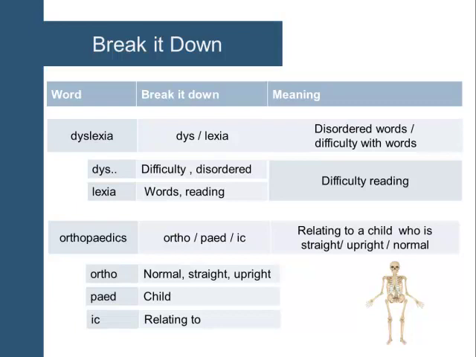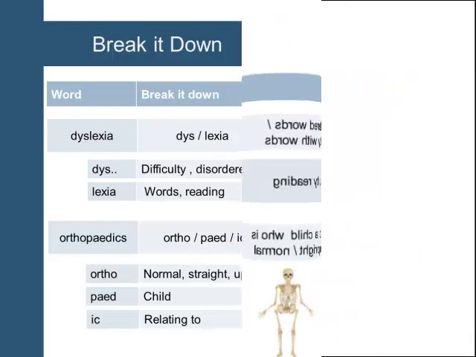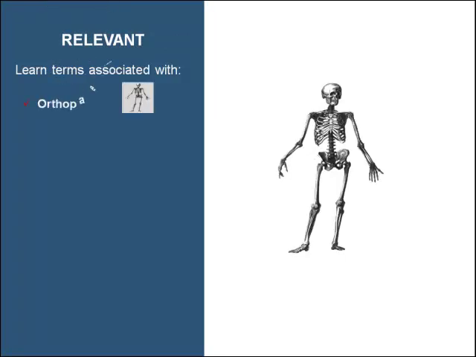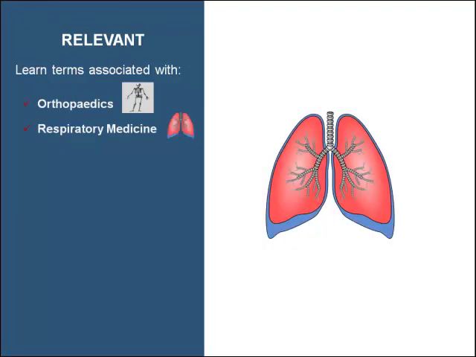Orthopedics is one of the topics we would cover in the course, and next we're going to look through some of the other topics that we would cover. Talk Medical Online's Medical Terminology course is presented in 10 modules, and you will learn relevant medical terms. And you'll learn terms associated with orthopedics, which we've just mentioned, respiratory medicine, which is about the lungs and the airways,